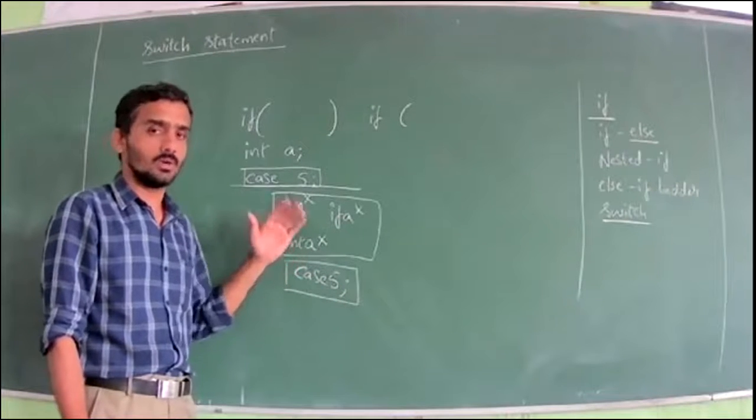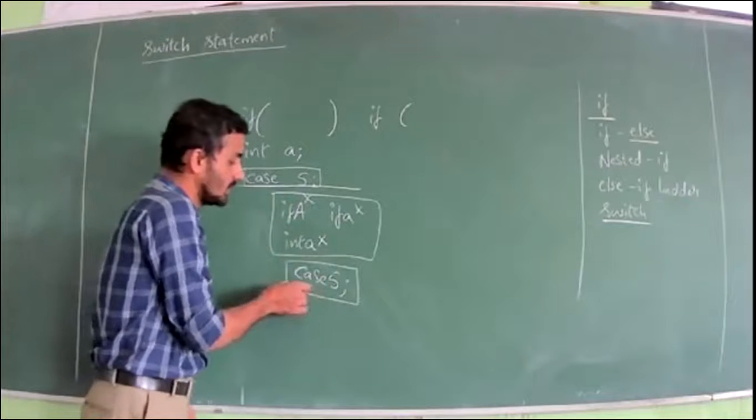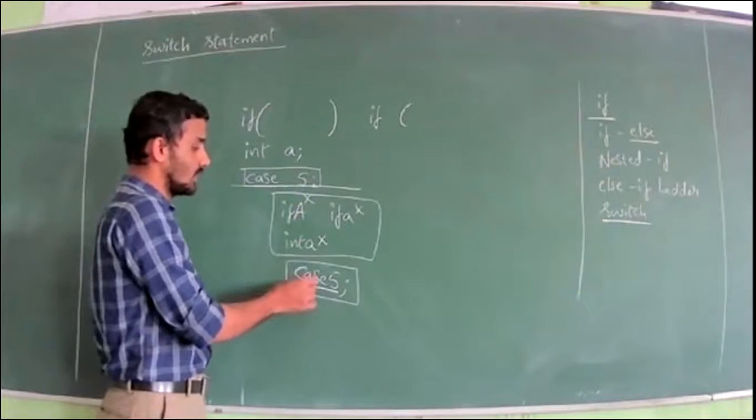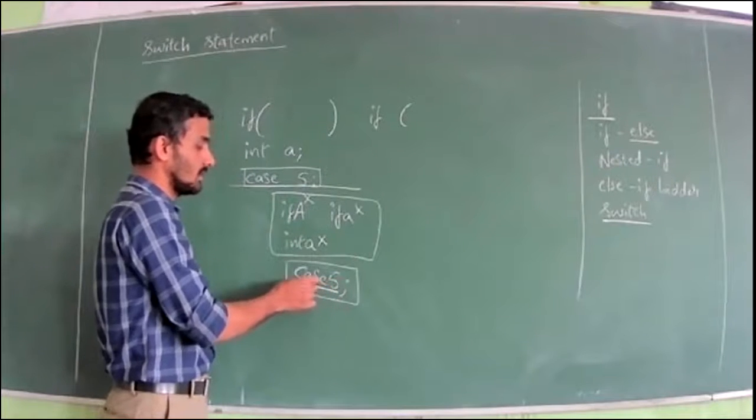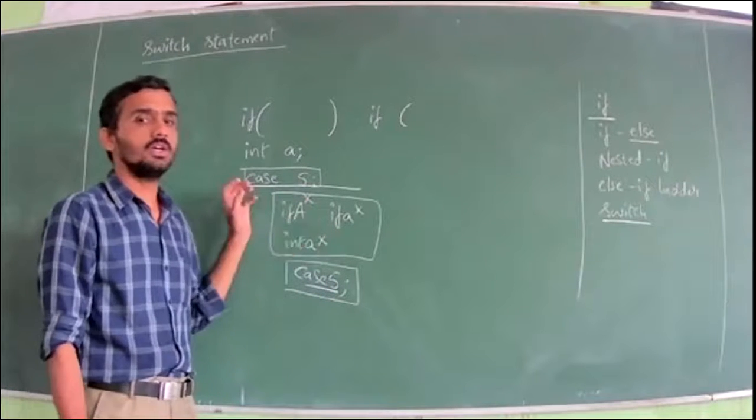What you have to do is come back to the program and see where you have made the mistake. So you will come to know here it is a mistake. Instead of writing case space 5, you might have written case 5 continuously. It will not show an error message, but you may get a wrong result.